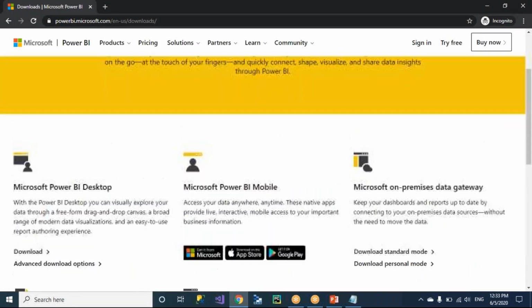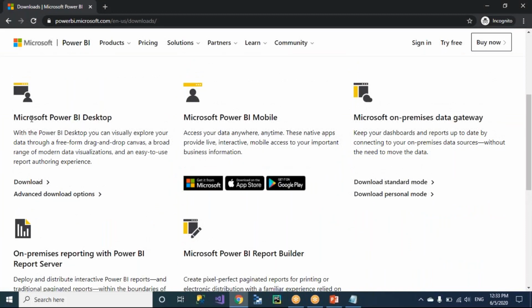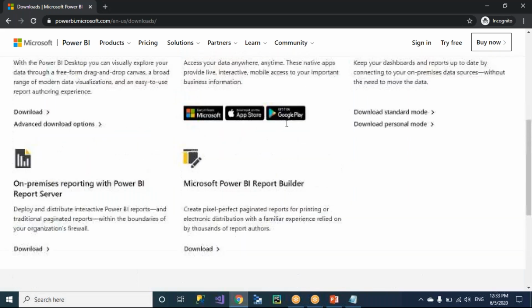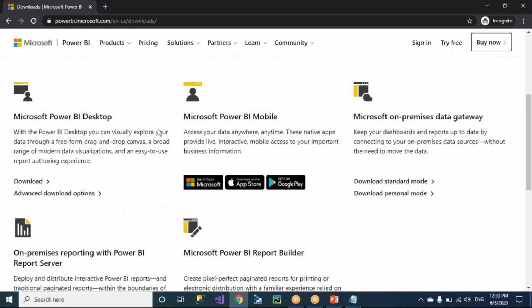Okay, and just scroll down. Here you see all the components: Power BI desktop, Power BI mobile, Microsoft on-premises data gateway, and on-premises reporting with the Power BI report server and Power BI reporting. Out of these 5 components, we are going to start with the Microsoft Power BI. Here you see download and the advanced download options. Go to the advanced download option,